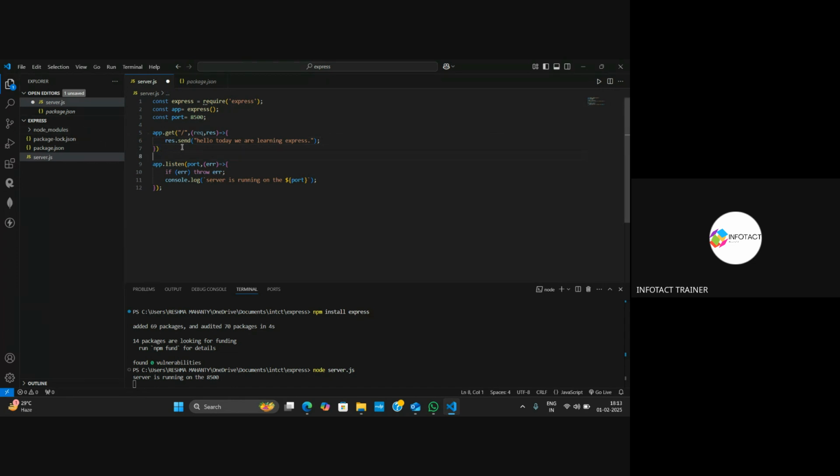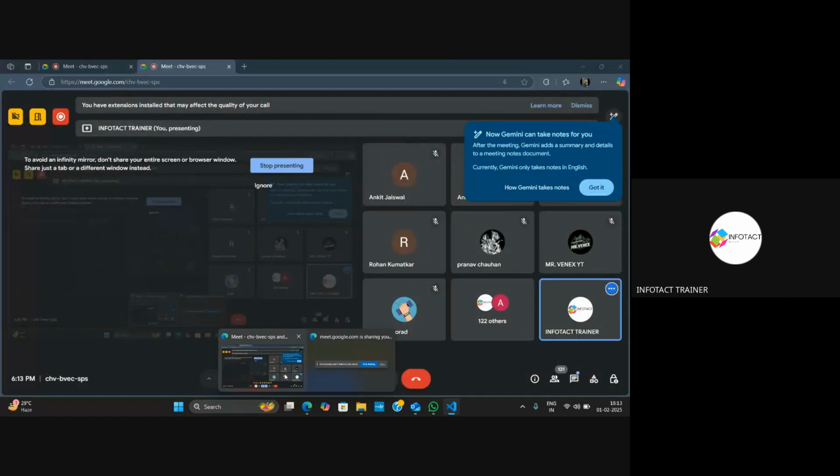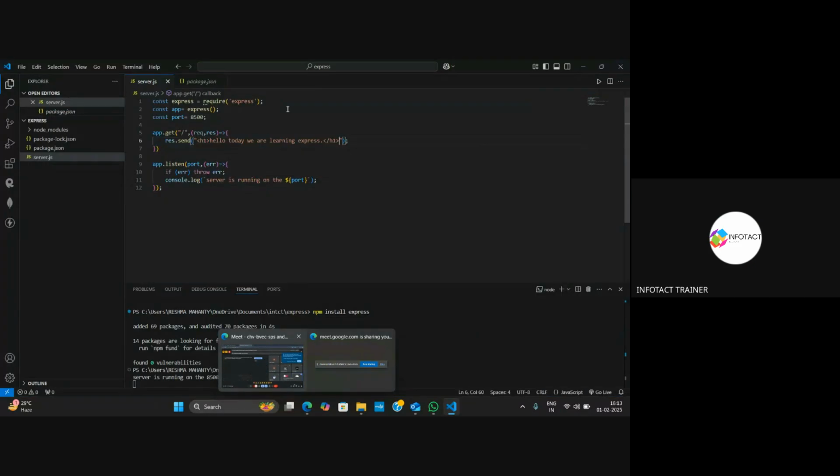So what this function basically does is when we open our website which is running on this port, it will provide us with this string. Has everybody written this code? Everybody written? Yes, ma'am. So now go to your web browser